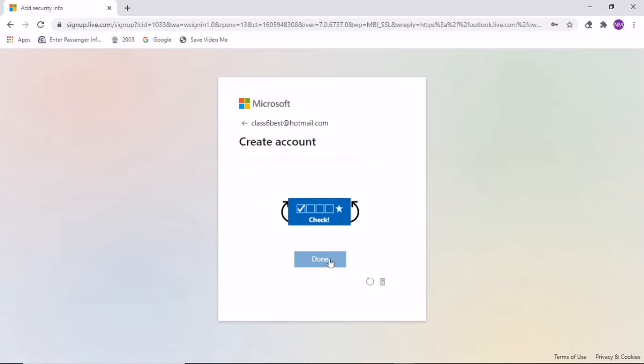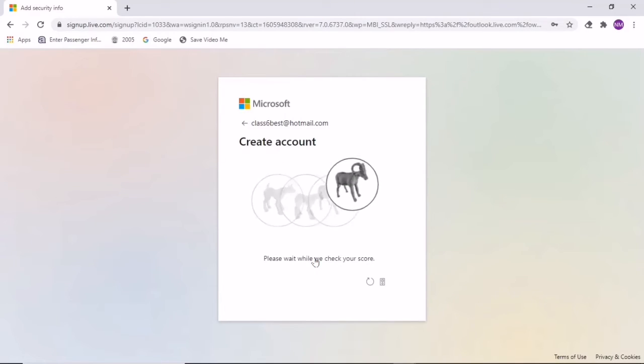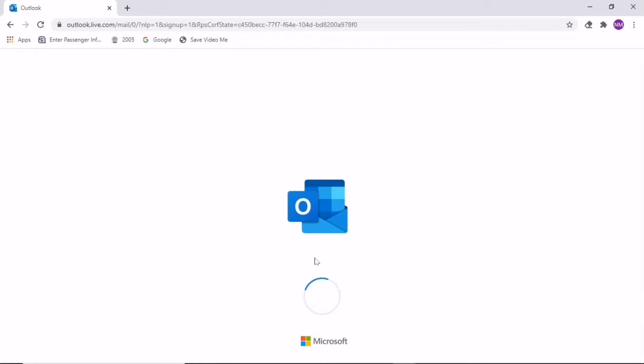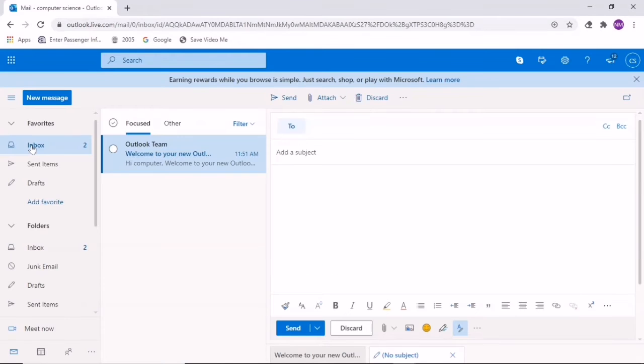Again rotate, and okay, now this will again take a little time. Now you can see this window appear.